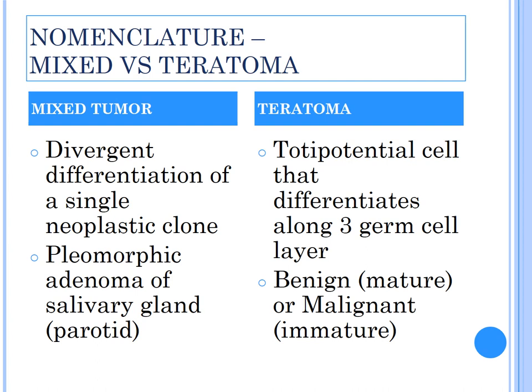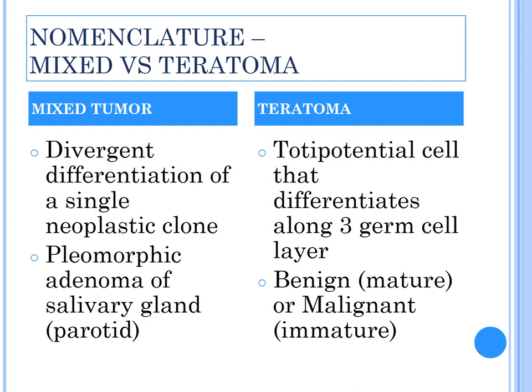So you will find, for example, an adenoma of the salivary gland or parotid gland, where not only one type of tissue is formed by these divergent clones; they will form other types of tissue because they diverge from that single clone. And so, halo-halo na, no? There are different types of tissue, so you call it a mixed tumor. And as with adenoma, you can also have a malignant adenocarcinoma of the salivary gland, but with divergent